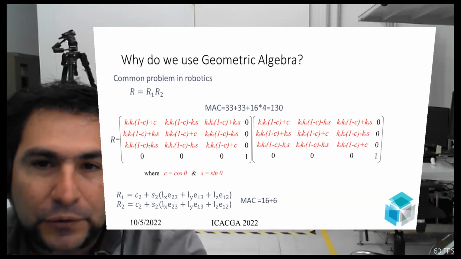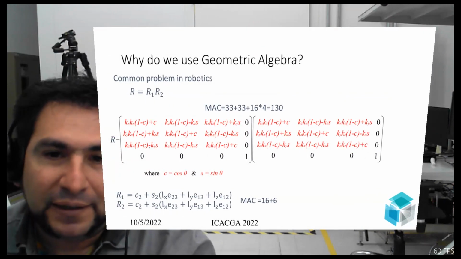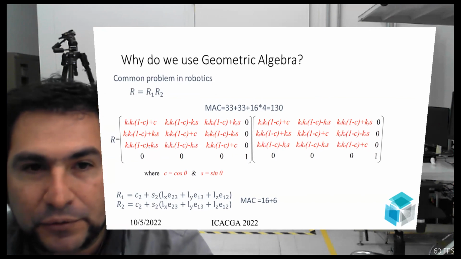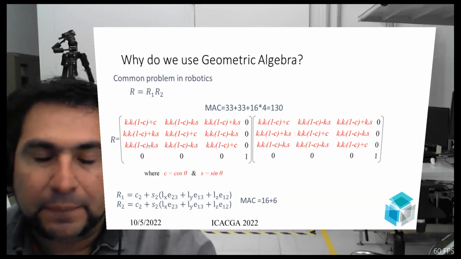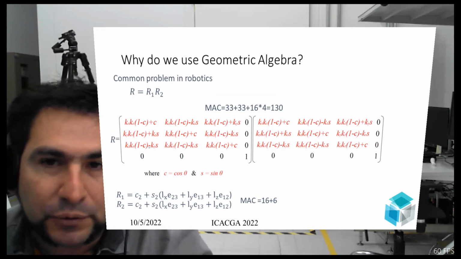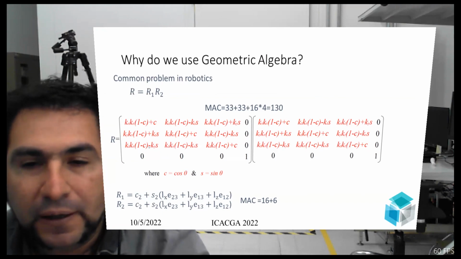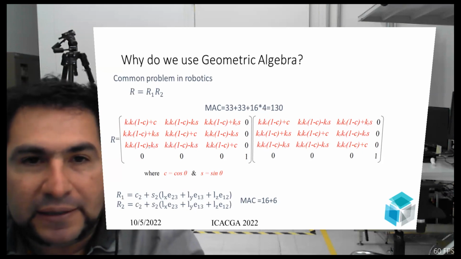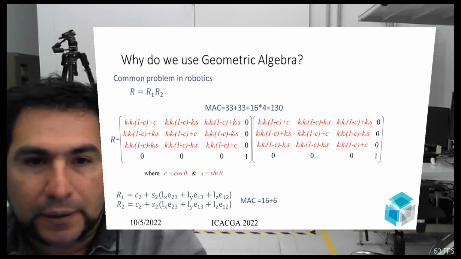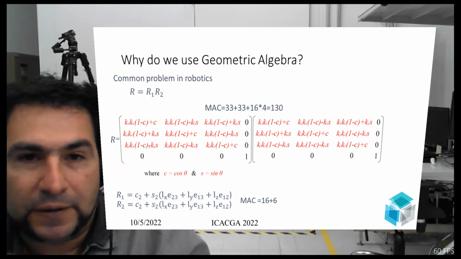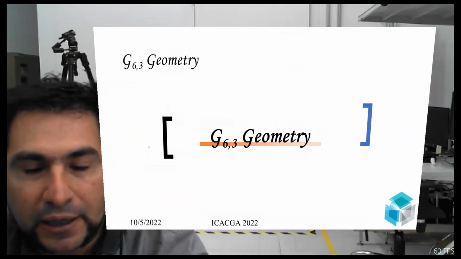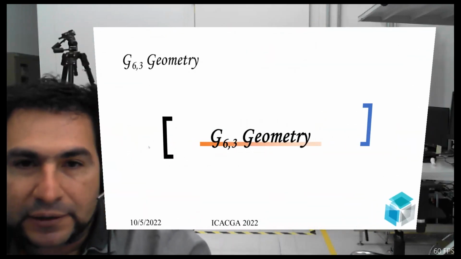And also, when you want to multiply two matrices, it's like 130 multiplications just to create the matrix and multiply the matrix to have two concatenated transformations, versus geometric algebra, in which you have less than 30 multiplications and accumulations. So it makes it much faster, and this is why we are using geometric algebra. So going directly to G63,